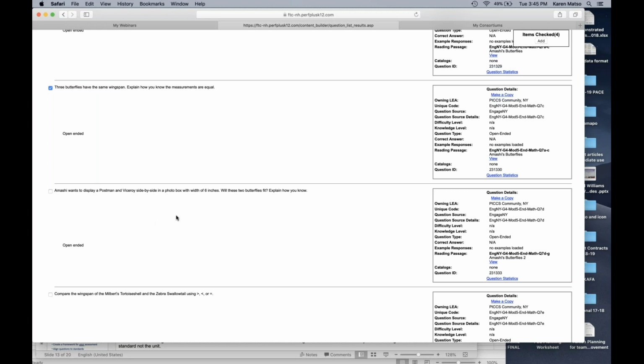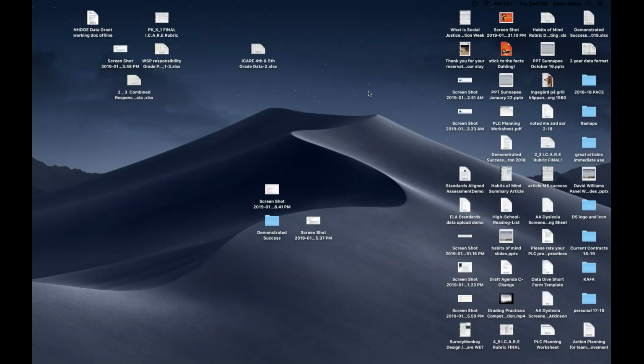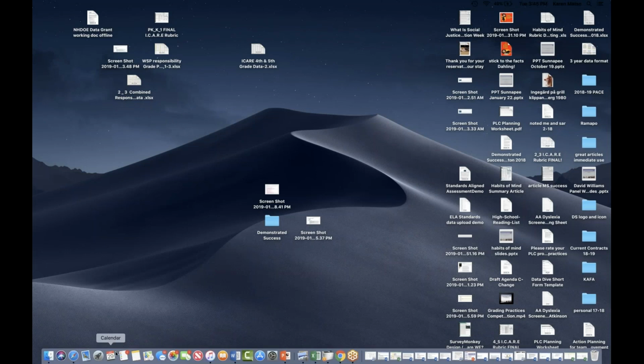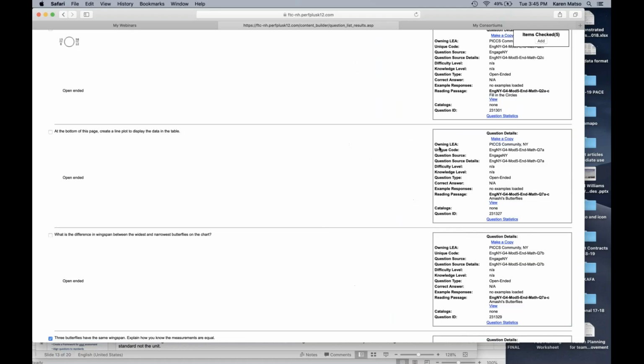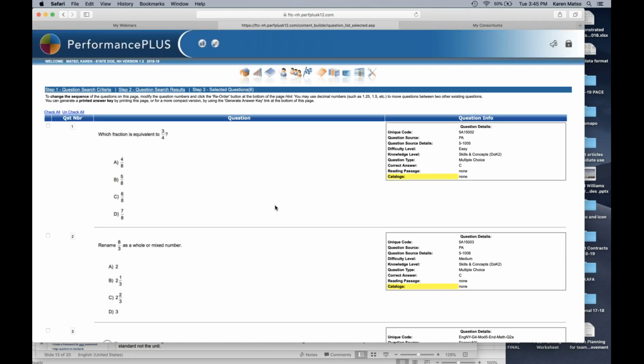There's another cool one. Amashi wants to display a postman and Viceroy side by side in a photo box with a width of 6 inches. Will these two butterflies fit? Explain how you know. Okay. So now we have a handful of questions, and you can see in the upper right corner that we have 5 questions checked, and they travel once you check them, right? They travel across the page, and they become part of this little bucket in the upper right corner,